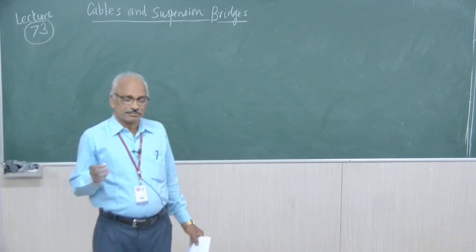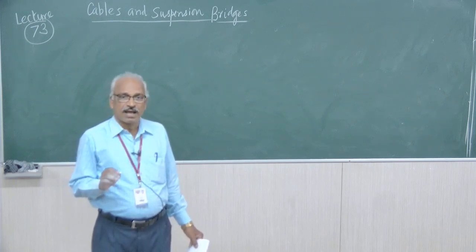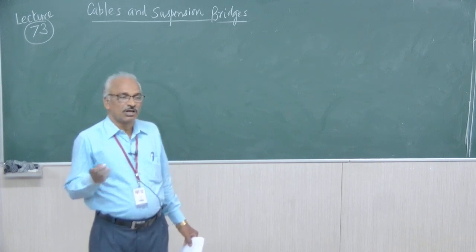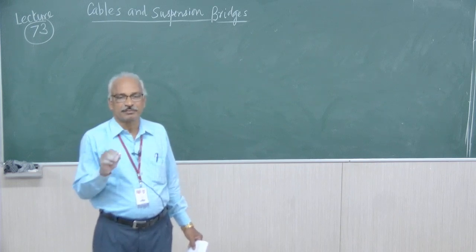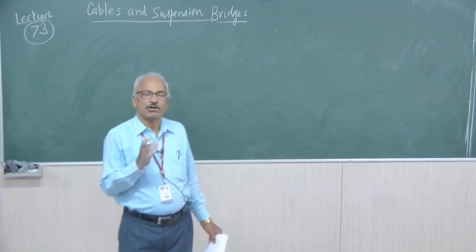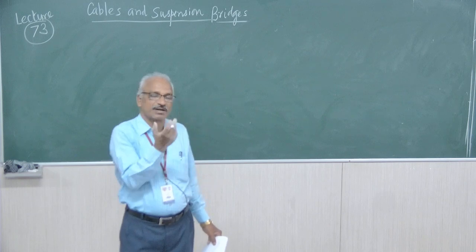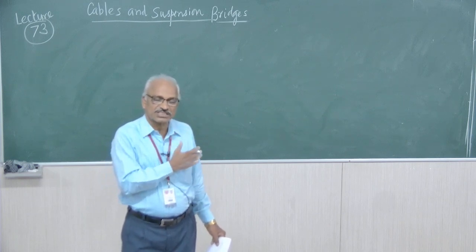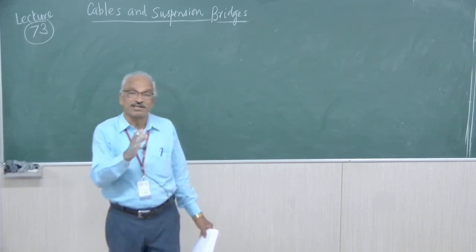So, in the case of a cable subjected to uniformly distributed load and unsymmetrical concentrated loads, locating the point of maximum dip is the main problem. Because from the lowest point, the load on the left hand side will be taken by support A or left support. From the lowest point to the right support, whatever the load is will be taken by the right support, because that will not be at the center.